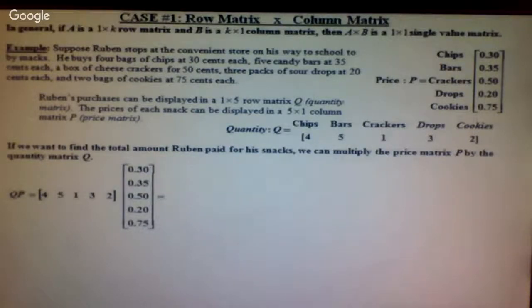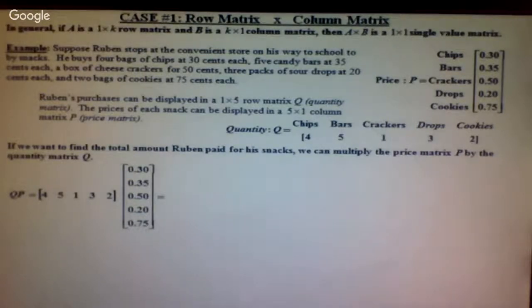All right. So today we're going to look at matrix multiplication. When you have simple matrices, like our first case, this is really easy to do by hand. Once your matrices start to build and they become a 2 by 2 or a 4 by 5, it becomes very complicated to multiply by hand. When we get to that point, I'm going to show you how to plug everything into the calculator. Okay, and then all you have to do is go back and plug it in, and it will do all